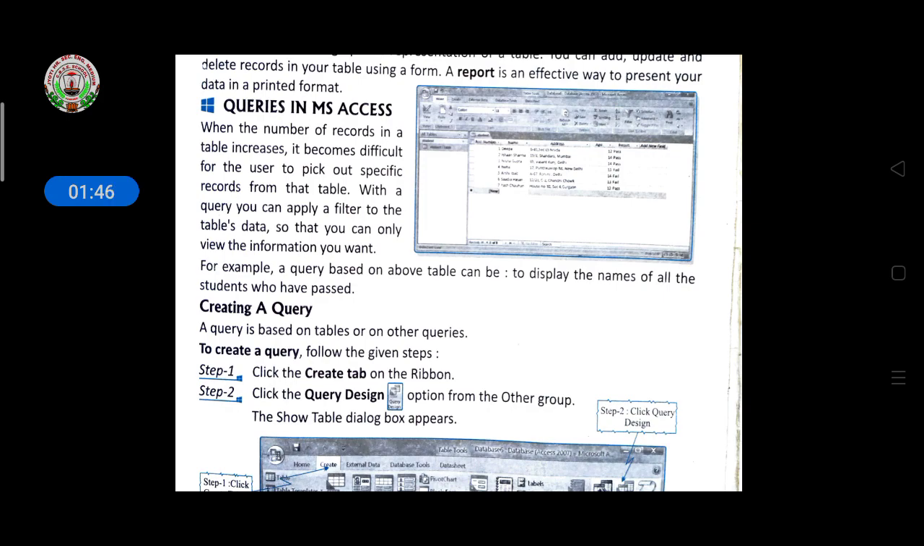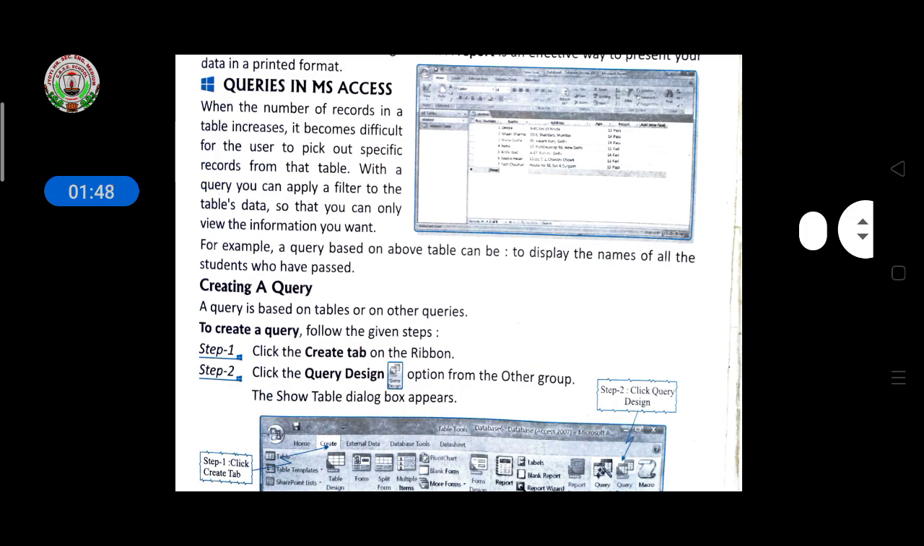Then queries in MS Access. Queries means when the number of records in a table increases, it becomes difficult for the user to pick out specific records from that table. With the query, you can apply a filter to the table's data so that you can only view the information you want. For example, a query based on above table can be displayed the names of the students